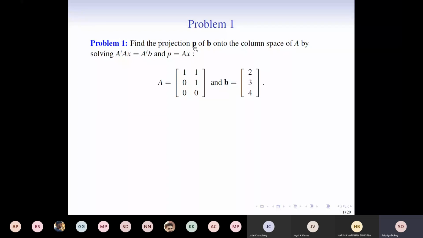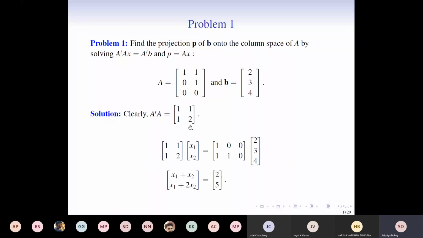So you see here that we have to find P. In order to find P, we need A and X. A is already there with us, and X we will get from the first equation, and then we multiply the two in order to get the desired vector. So you have to just do matrix multiplication here. Clearly A transpose into A is this, and then you go on to solve this to get x1 and x2. After multiplying you get this, and this gives you two equations.